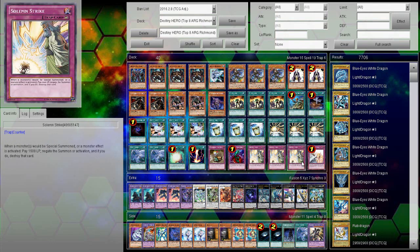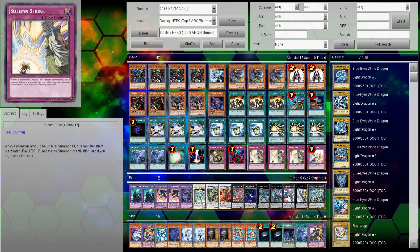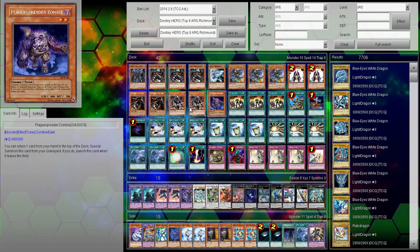The trap lineup is rather small. There's no Call of the Haunteds to be possible recovery plays, stuff like that, but you have instant fusions. These traps are all very potent. There's all sorts of different things that go into it. If you wanted to change this deck around, you probably could, but honestly, I think it looks really good as is,